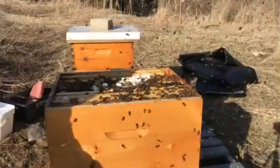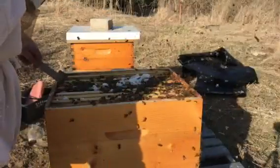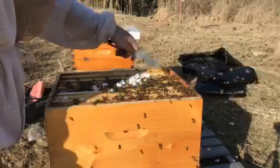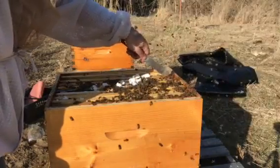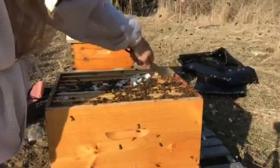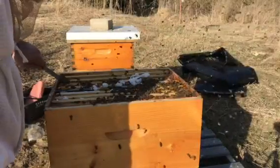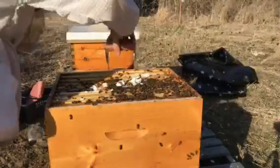Now here's a frame that looks like it was honey, but it looks like it's actually empty on one side. It'll be interesting to see what's on the other side. Come on guys, get out the way. Get out the way. I don't want to squish you. I don't want you to get upset. You should be happy with